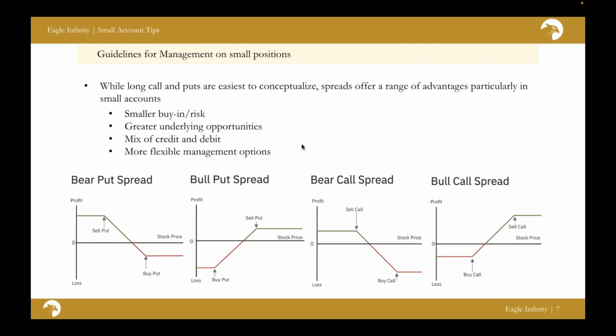Basically, it's just putting together a bull put spread and a bear call spread together for a short iron condor. Again, you can just imagine that this line disappears and we have that exact payoff. Or the bear put spread and the bull call spread, and that's a long iron condor where we profit from huge moves in the underlying.